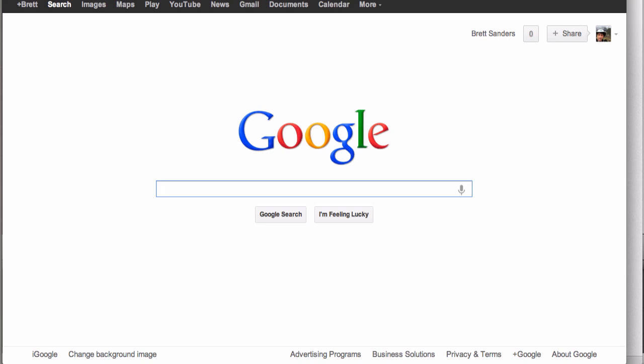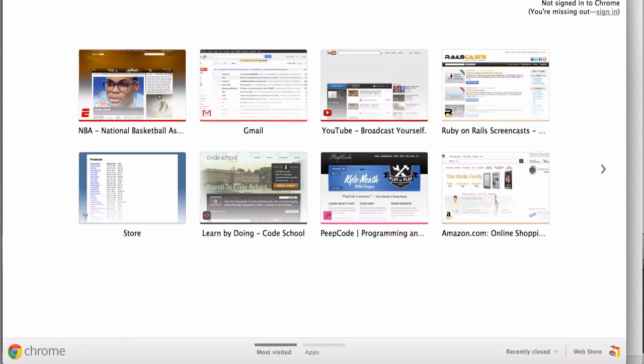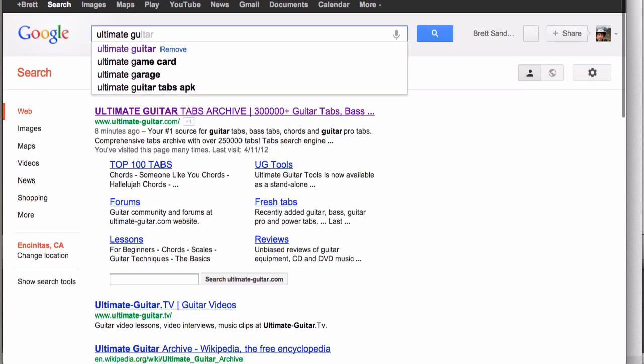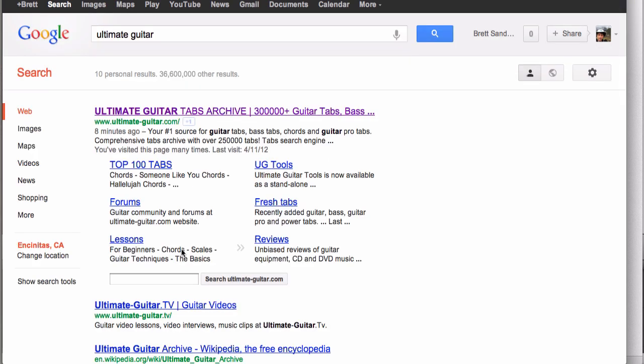So after that, you can keep going and learn about more challenging types of chords. But I find after you have about that much knowledge, what's better to do is just start using it. So let's say you're learning a song, and I don't really have a song in mind, but Ultimate Guitar, pretty much everybody knows it's the best tab site. Free tabs, so I'm going to go to Ultimate Guitar